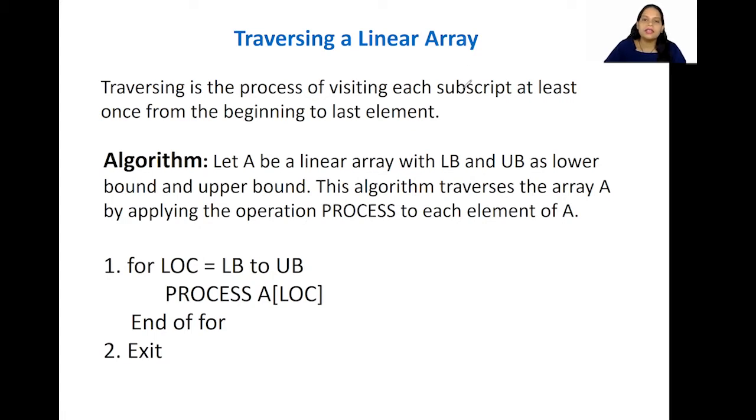So the very first thing is traversing an array. So what is traversing? I've already explained in the previous session that traversing is nothing but traveling to each element or data item of an array, isn't it? So if I have an array, something like this, it is a consecutive memory location, isn't it? Arrays are stored in consecutive memory locations. So traversing is nothing but I'm visiting this one and this, etc.